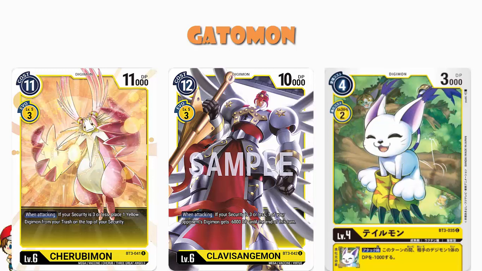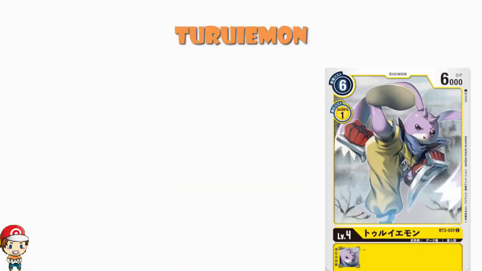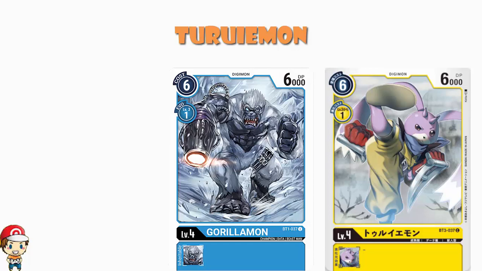Now, we do have one more, and I'm going to be honest with you, it's not a terribly exciting one. Teruimon? I don't really know how to pronounce that. It is a level 4, 6 cost to play normally, 1 cost to evolve, 6,000 power. And it's a vanilla Digimon, and it's pretty much what we would expect, generally speaking, from a vanilla Digimon. But you should have some hope here, because this is a yellow Gorillamon. Stats-wise, it's the same as Gorillamon. 6 cost to play normally, 1 cost to evolve,